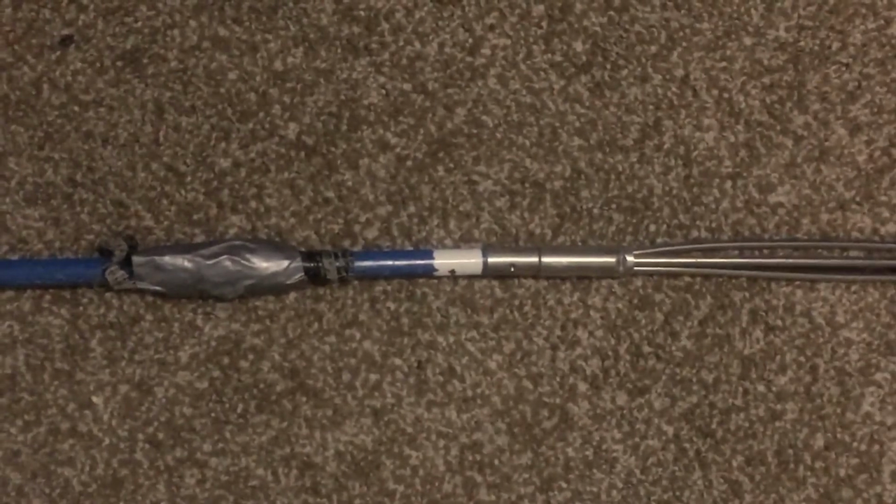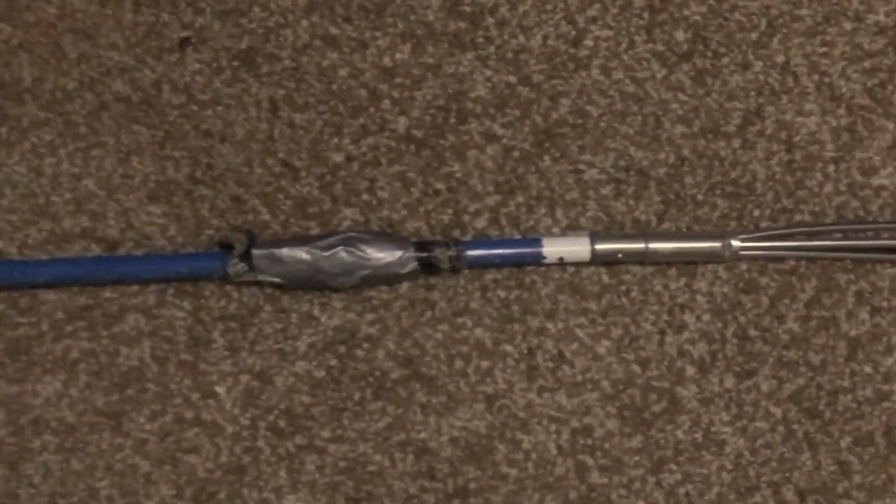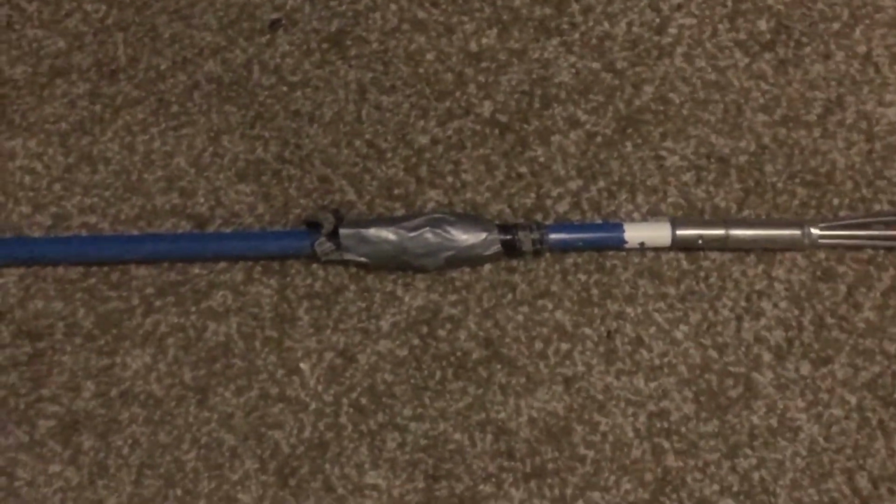And I used reflective tape, which is helpful if you're using your spear in low light environments. You can pick it up again using a flashlight, and you certainly don't want to be in a situation where you lose your spear because you dropped it or you got stuck to something or there's a bad current, whatever the case may be. So moving down the shaft